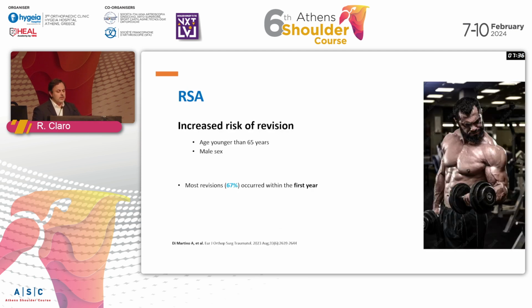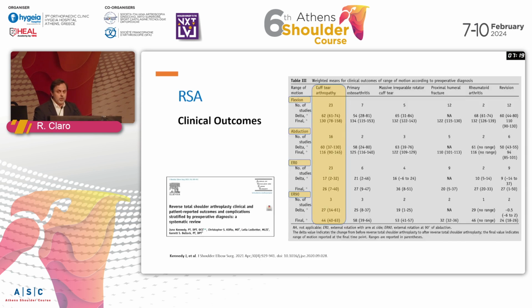We also know that there is an increased risk of revision when we are dealing with young patients, especially males, and most of these revisions, almost 67%, are in the first year post surgery. So what about the clinical outcomes? What about the results? If we see this systematic review, looking just at cuff tear arthropathy, we see an improvement in all range of motion: 62 degrees in flexion, 6 degrees abduction,